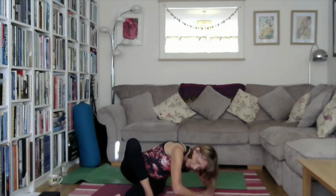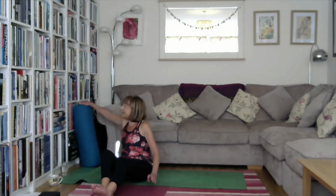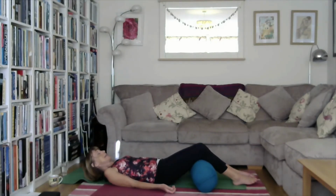Let's come up slowly. Give the legs a nice little bit of a stretch there. Say thank you, legs. They've worked really hard. And get yourself comfy for Shavasana. So you might want to put something warm on. I like my bolster. If you've got a bolster, I quite like to put it under my knees and relax there. And I've left my eye pillow upstairs, but I've got a lovely eye pillow I can put over my eyes or